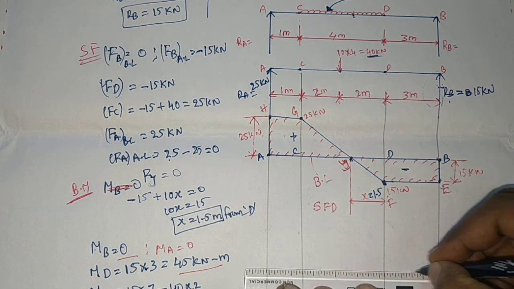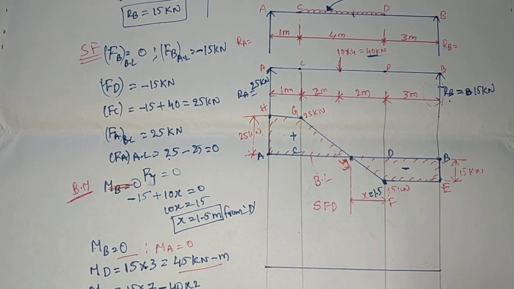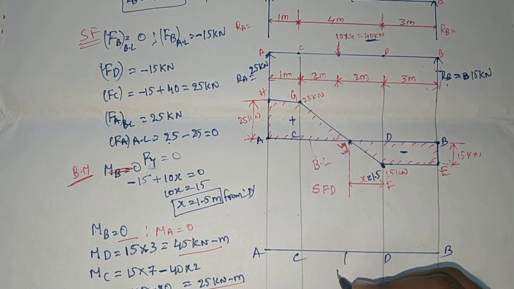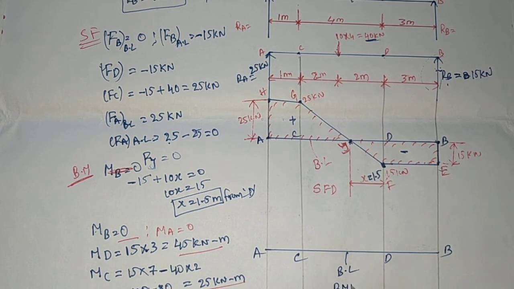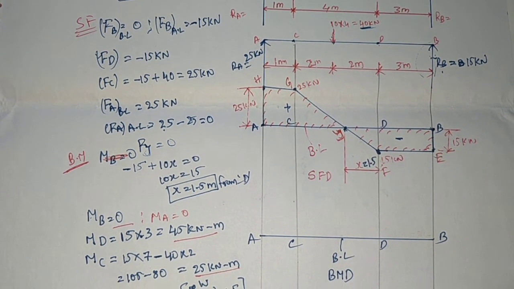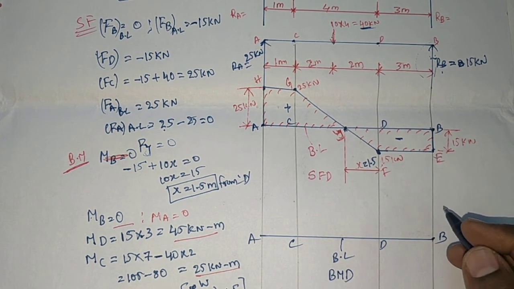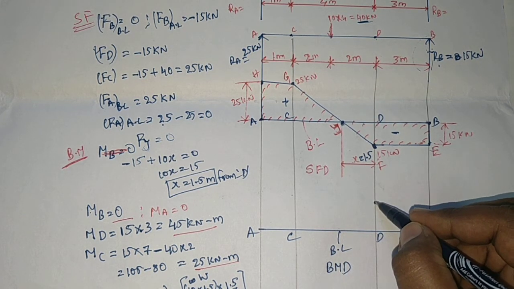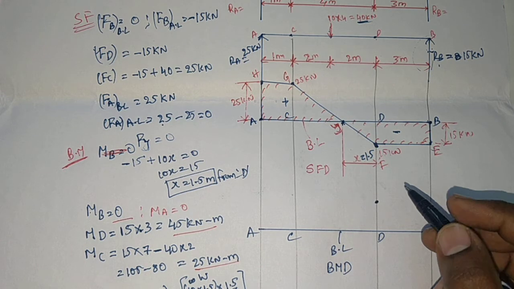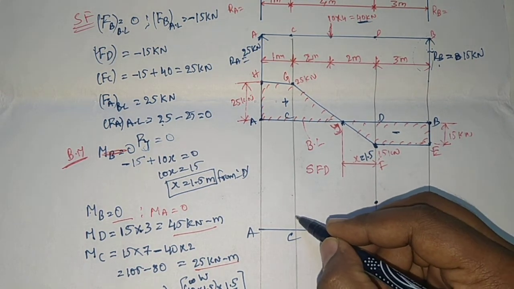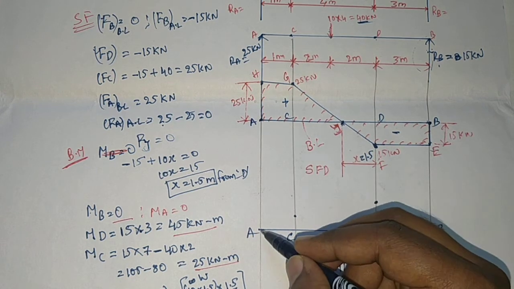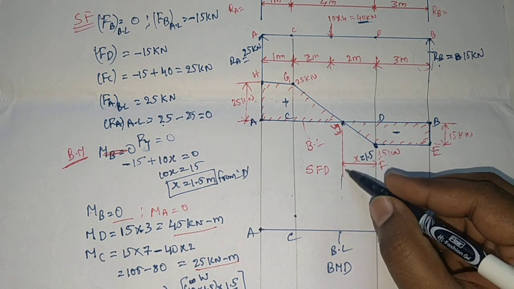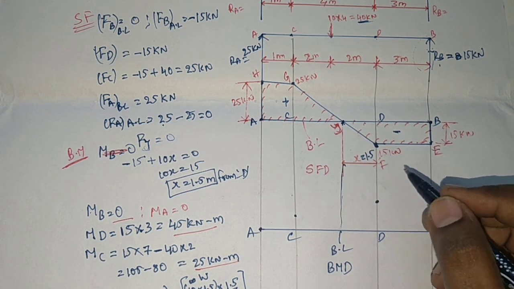Okay, now draw the baseline. Next, give the notations A, B, C and D, and this one is the baseline. This one is the bending moment diagram. Okay, at point B it is 0. Next, bending moment at point D is 45. Next, bending moment at point C is 25. Next, bending moment at point A is 0. And the maximum bending moment in this region has the value